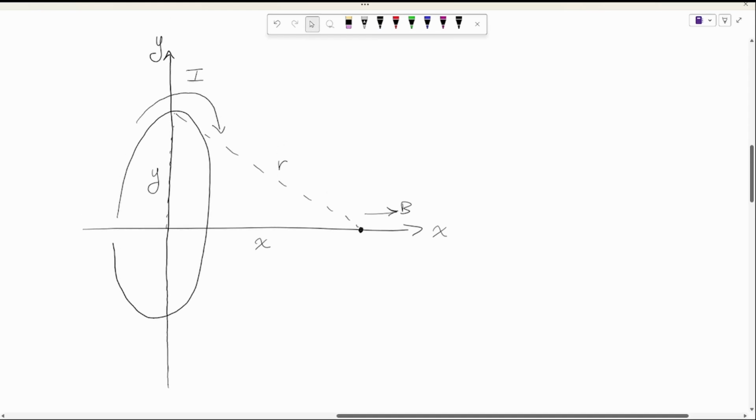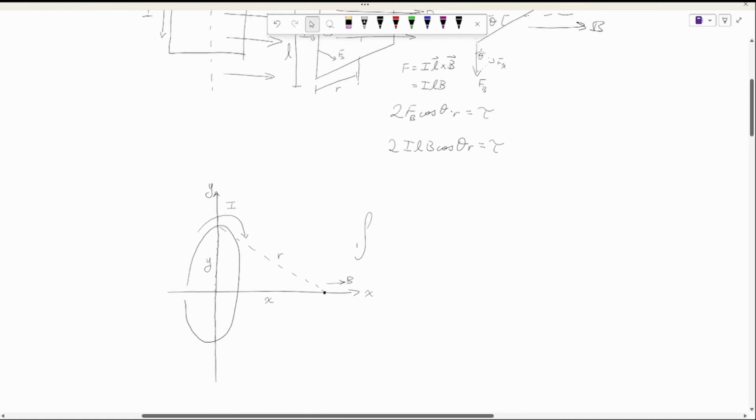So now the total B field is going to be the integral of the horizontal components of all of the little bits of B field from all the little bits of wire around the circle. Because we know the component of the B field that points this direction or this direction is going to cancel out from all the things around the circle. So, no, not a surface integral. So we're going to integrate